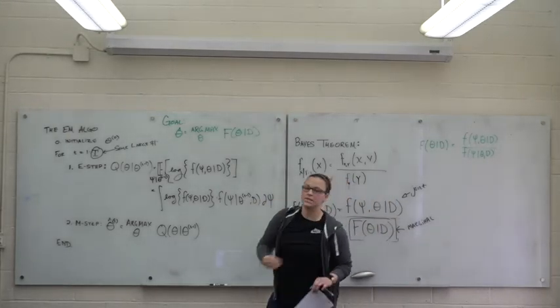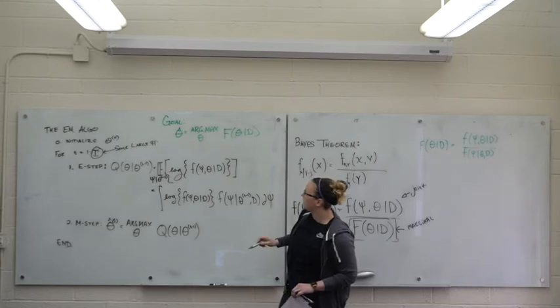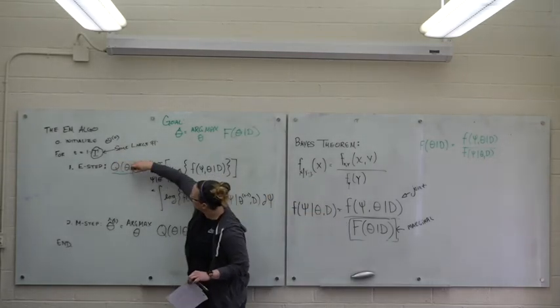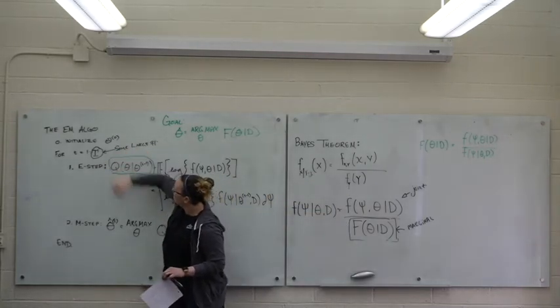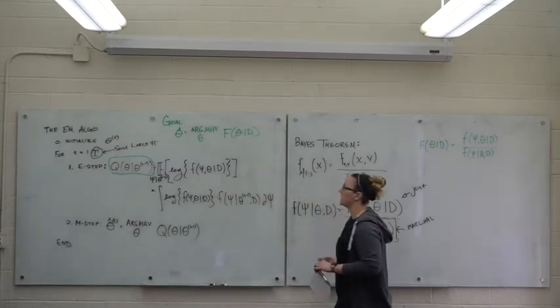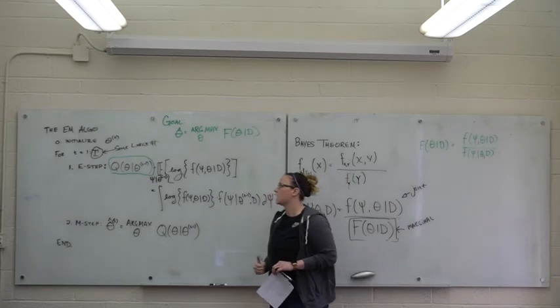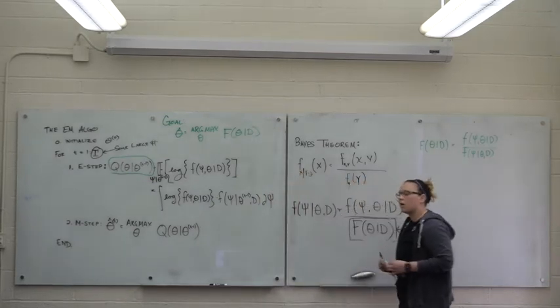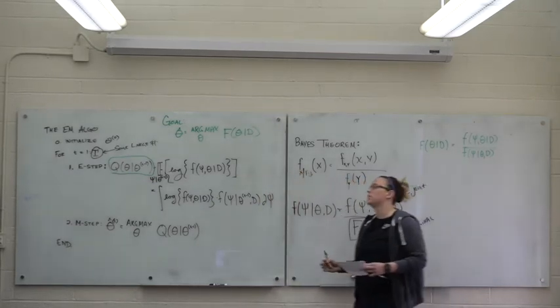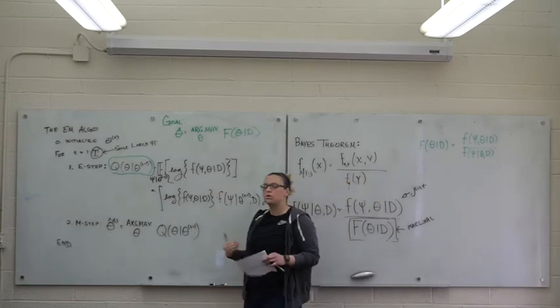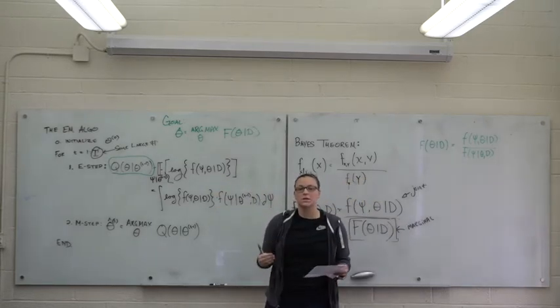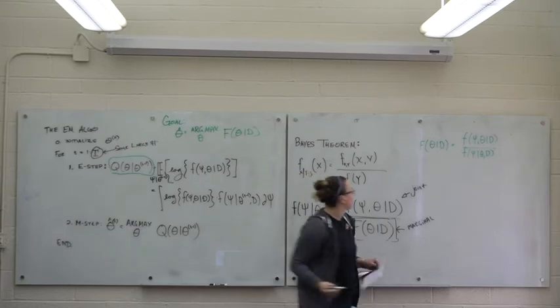Our next step is to see if we can get something that can match this chunk right here. And so what we're going to do is take a log, and then take an expectation with respect to psi. The reason we can take a log and preserve our maximum is because f is being treated as a posterior likelihood or some positive function. And so we get,